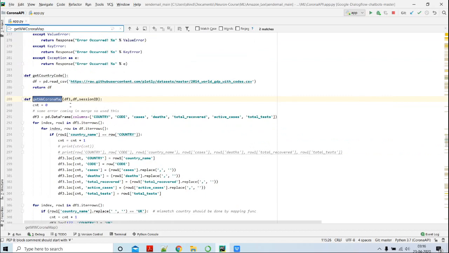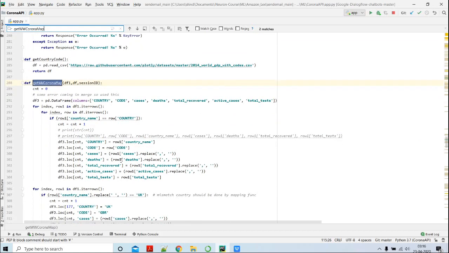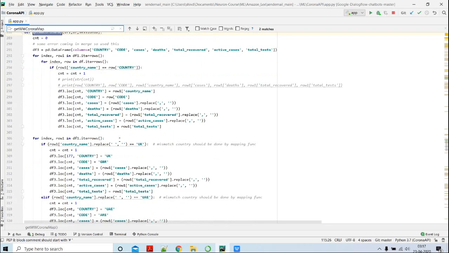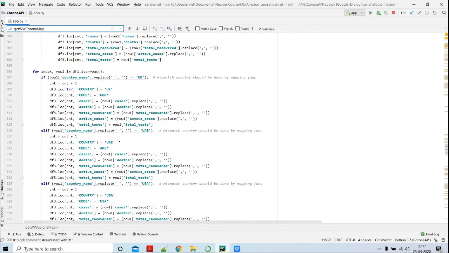So this is the get corona map method, wherein I am creating a data frame and merging the two data frames using the loop. One is the data frame of countries and another is the data frame for corona cases. Based on the country name, I am merging, because we need an ISO country code in the data frame so that we can plot the map. There are a couple of countries for which the mapping cannot be done based on the country name because they have used a short country name. So for this I have done it manually.